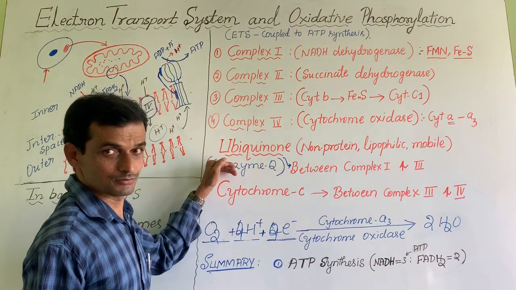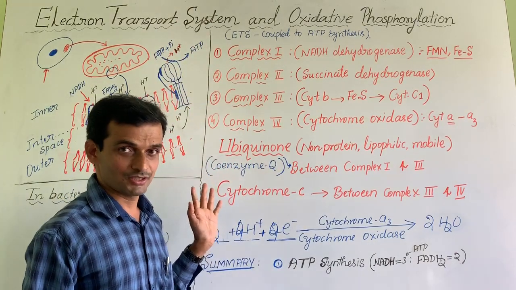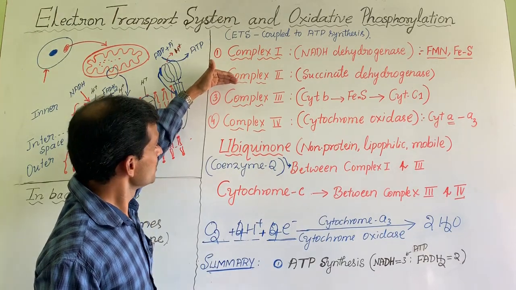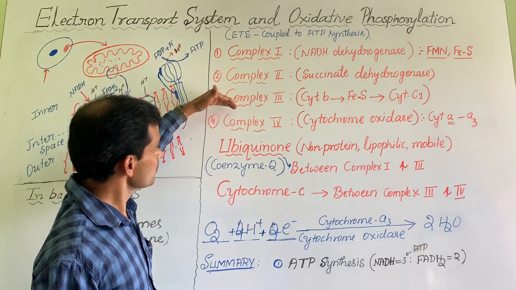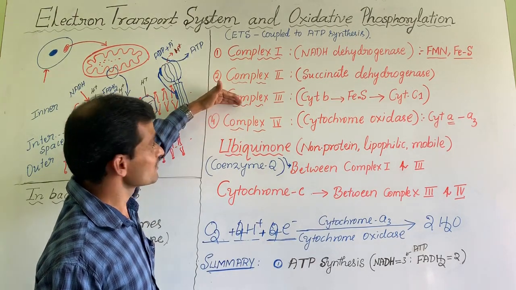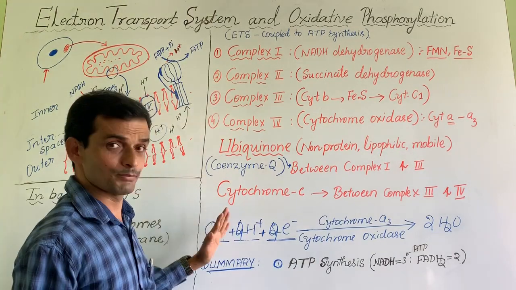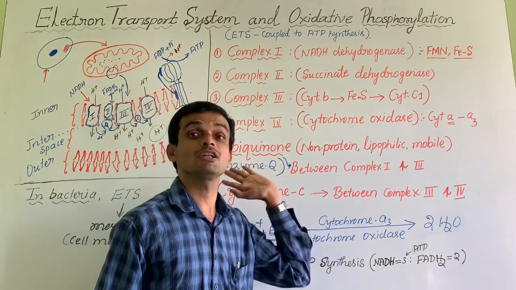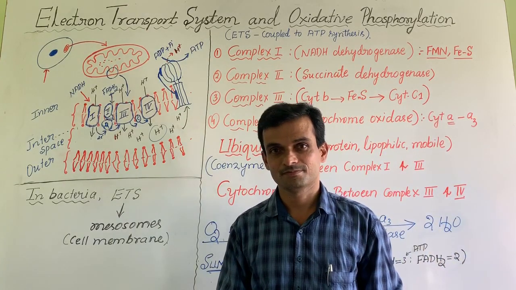Oxygen is highly electronegative compared to any other electron carriers of any other complex. This is less electronegative, this is more electronegative. Compared to the second complex, the third one is more electronegative. Compared to the fourth complex, this one is less electronegative, this one is more electronegative. Finally, oxygen appears as the highly electronegative electron acceptor. Therefore, there is terminal oxidation and formation of metabolic water.